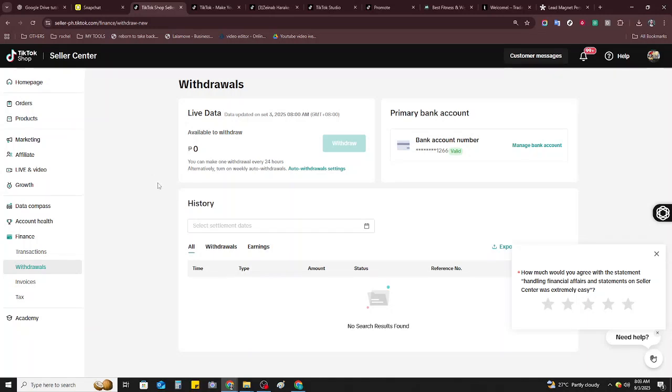In today's video, I'm going to teach you how to create and manage a successful ad campaign on TikTok Shop. First things first, you'll want to ensure you're using the Google Chrome browser for optimal performance. Open Chrome and visit the website